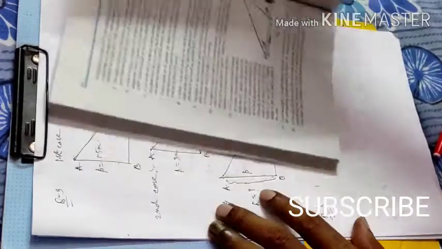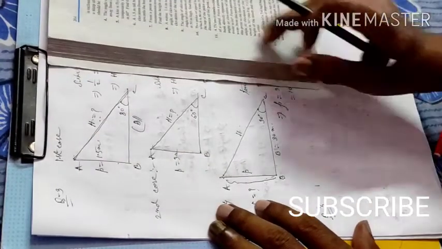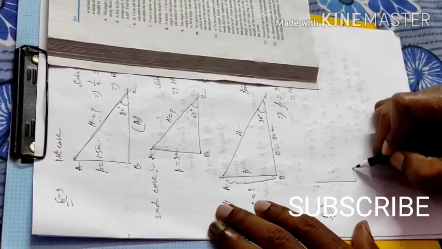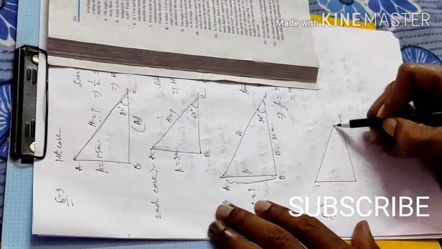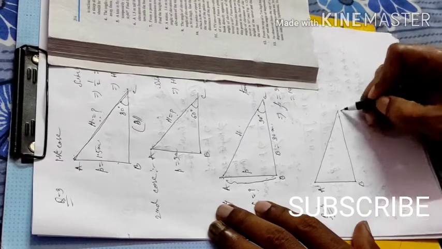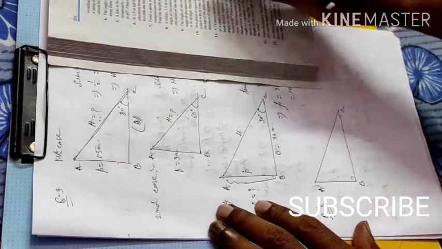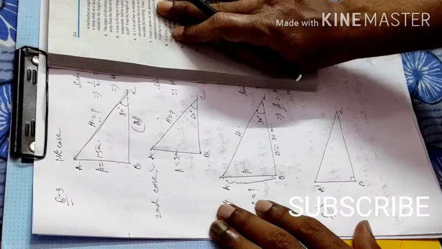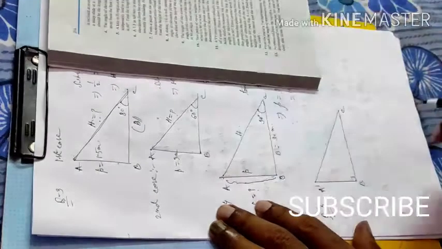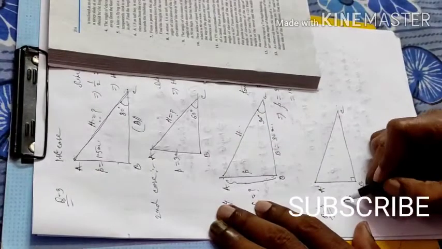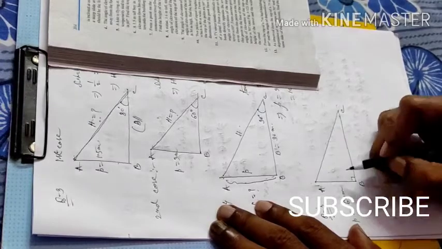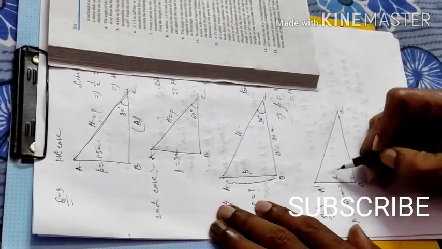So this is the problem of kite. Very easy sum. So first you have to draw a right angle triangle. So ABC is a right angle triangle, right angle at the point D. Then the kite is flying at the height of 60, which means the height is 60 meter. That is, perpendicular is equal to 60 meter. That is equal to height.